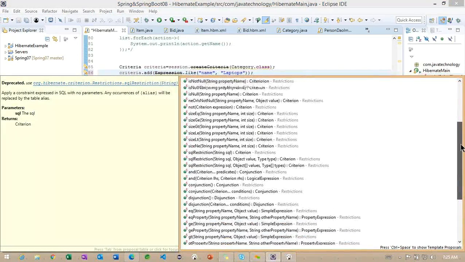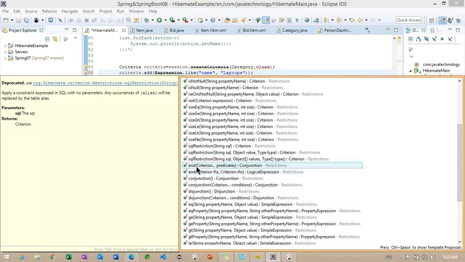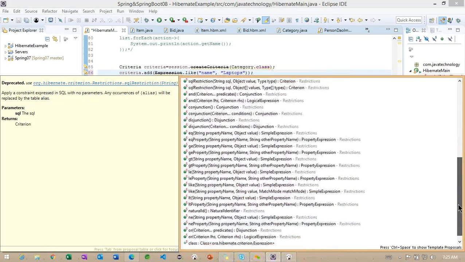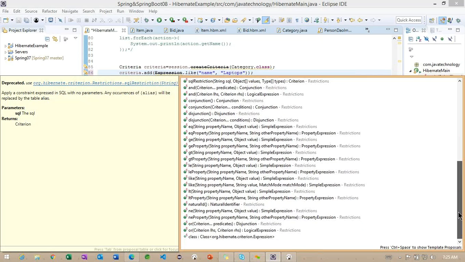You can see and condition, conjunctions, equals, greater than or equals, everything you will find here. Using these many properties we can add. Whatever data is loaded using that category dot class, for example here, on that data we can do whatever operations we want using these methods. Yes.